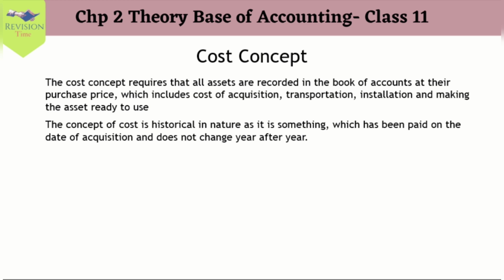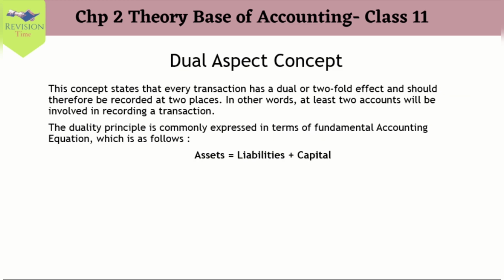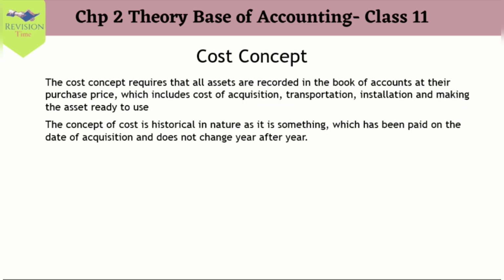For installation he spent rupees 7,000. Now totally he spent 5 lakh plus 5,000 plus 7,000. To make that machine ready to use, he incurred 5,12,000. So under the cost concept, all these transactions must be recorded in the books of account,